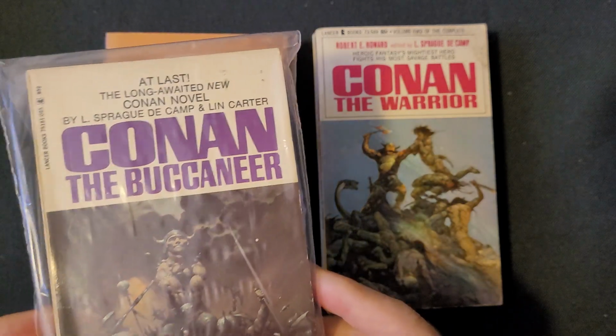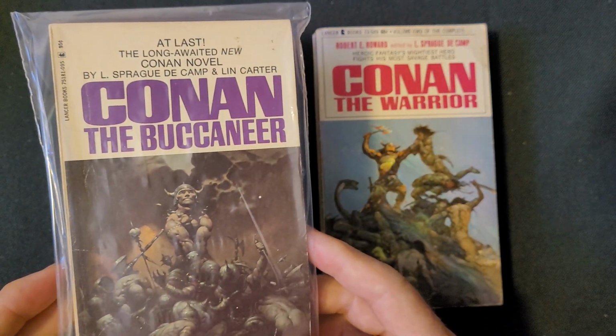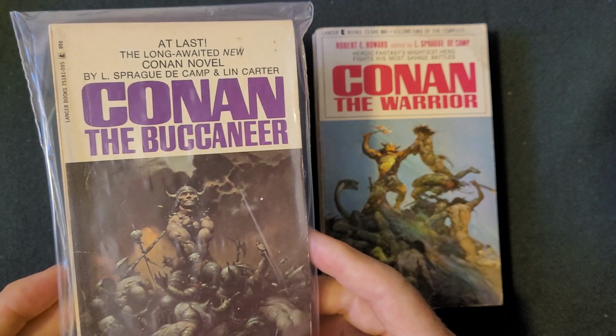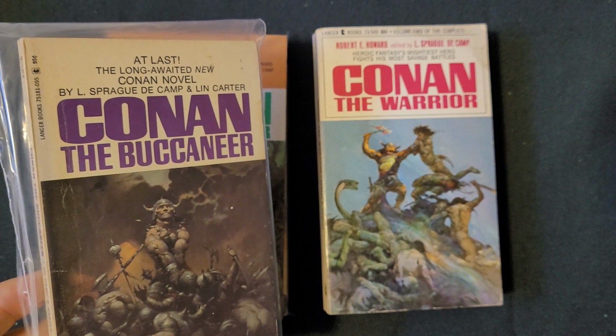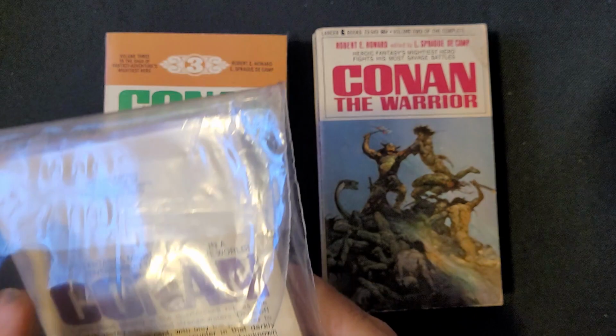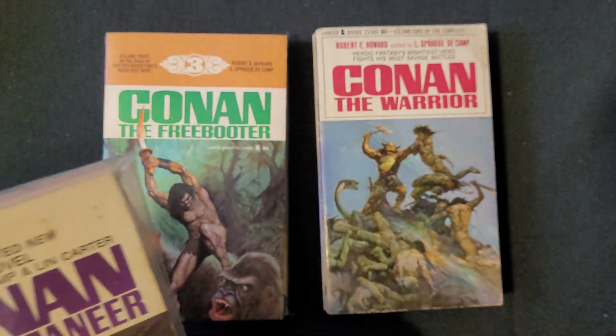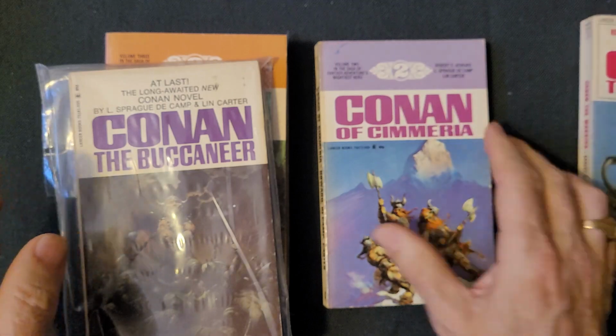And this one also sports a Frazetta cover. This is Conan the Buccaneer. And this one is an original novel by L. Sprague de Camp and Lynn Carter. We'll just look through some of them. Let's see. Look